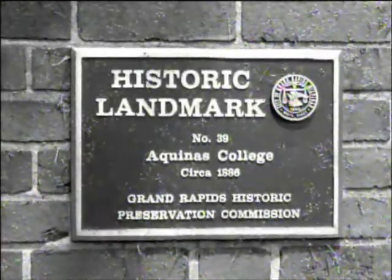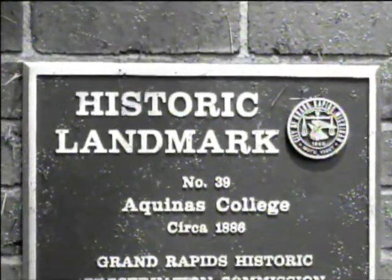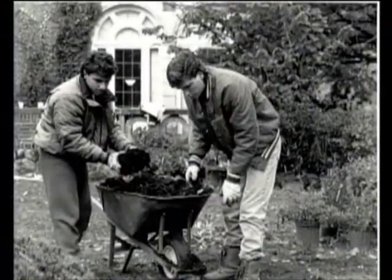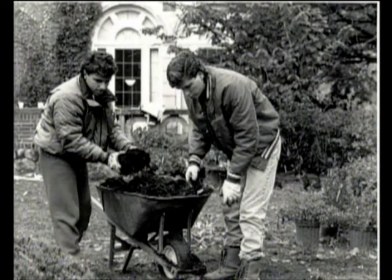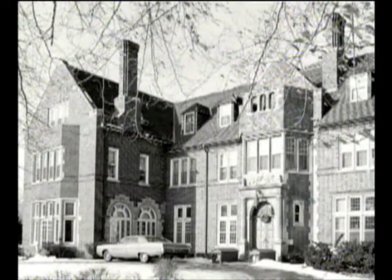In 1980, Holmdene was granted historic landmark status by the Grand Rapids Historic Preservation Commission, and in 1982, after a year of renovations, Holmdene underwent another conversion, and since that time has been used for offices for administrators and faculty. The president's office was established in what used to be Mrs. Lowe's conservatory. Second-floor bedrooms were transformed into other administrative offices, and the faculty of several departments were assigned to the